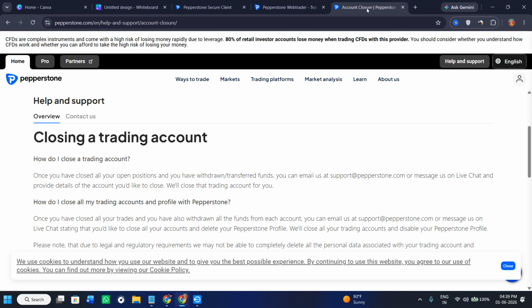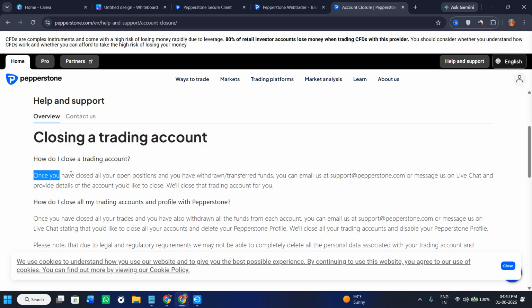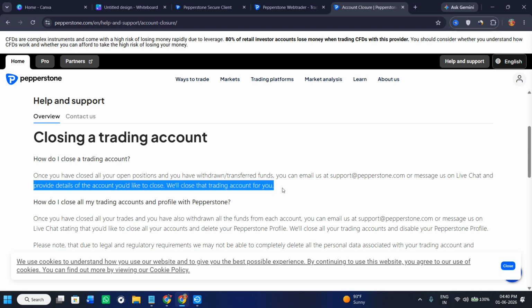to delete your account. As you can see over here in this particular help and support section, once you have closed all of your open positions, you have withdrawn and transferred funds, you can then email us at this particular email address, or you can also message us on the live chat and provide some of the details relating to your account that you would like to close, and then the Pepperstone customer support team is going to help you delete that particular account